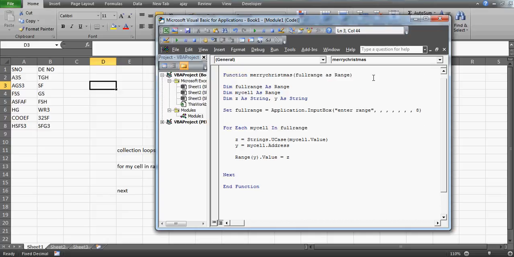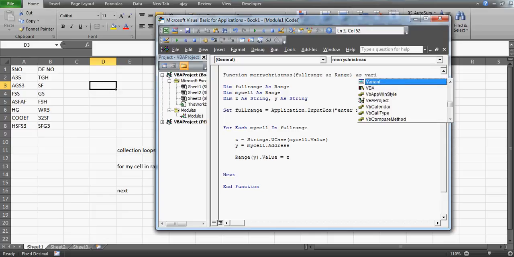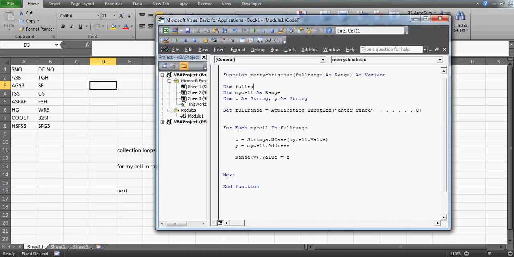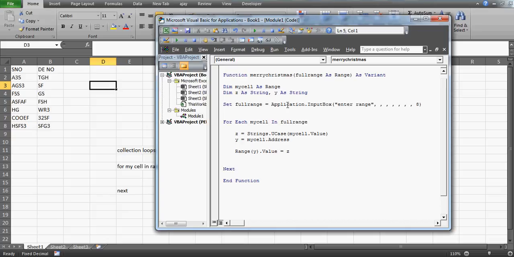Okay, and so as I'm going to write here as a variant, or maybe as a string, whatever you want to write. So we know we don't need the duplicate declaration, so I'll delete this, and I guess we are good to go. It should work. And yes, what else you need is this Merry Christmas value should be equal to now